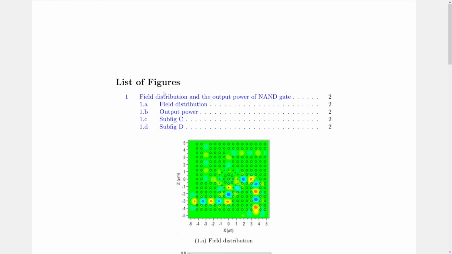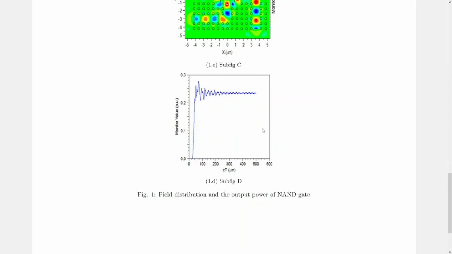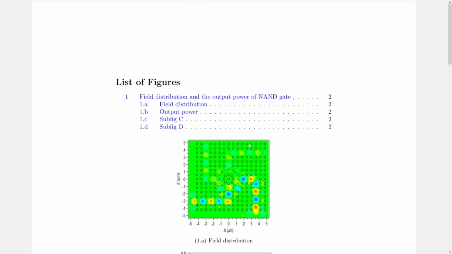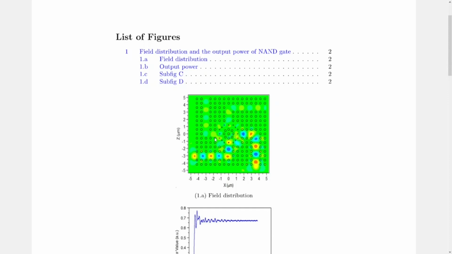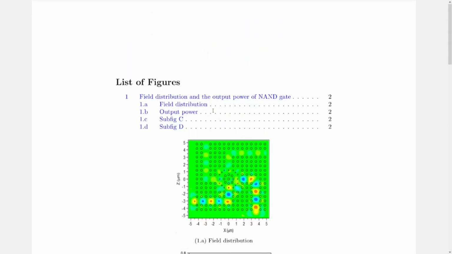Let us consider list of figures now. The main caption is on page 2. That is right. Main caption is on page 2. Figure 1c, 1d are also on page 2. That is also correct. But figure 1a and 1b are on page 1 and not on page 2 as given in the list of figures.